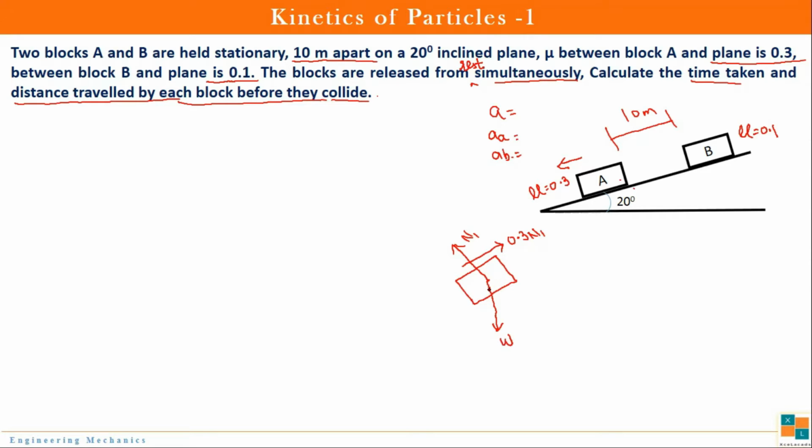Next step is to show the imaginary force, that is the inertia force acting in the direction opposite to the direction of acceleration. So because this block is moving towards left side, the inertia force will be acting towards right side with a value of W divided by 9.81 times acceleration of A. Now why W divided by 9.81? Again same, W is in newtons and here we need mass into acceleration.